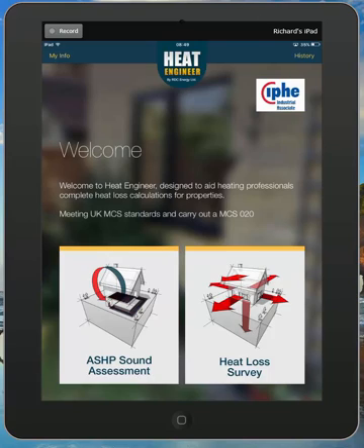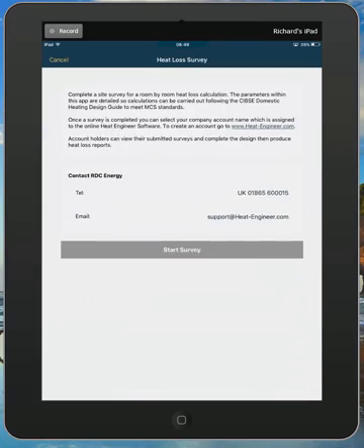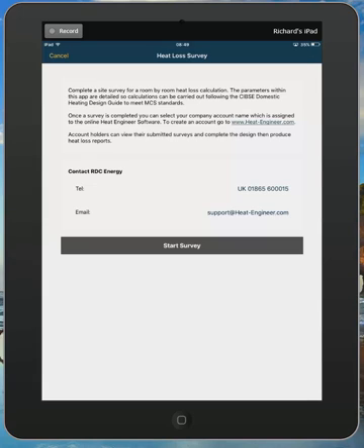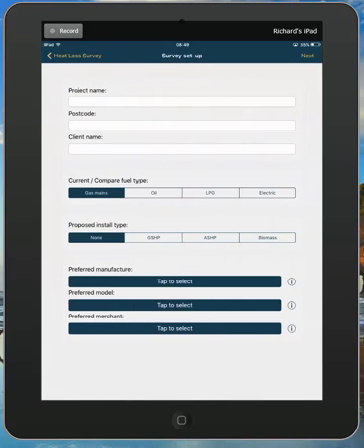Okay, in this video we'll be showing you how to do a survey, and we'll do it for just two rooms. We'll do it for a conventional room and also a room with a vaulted ceiling. So if we click heat loss survey and we go to start survey,